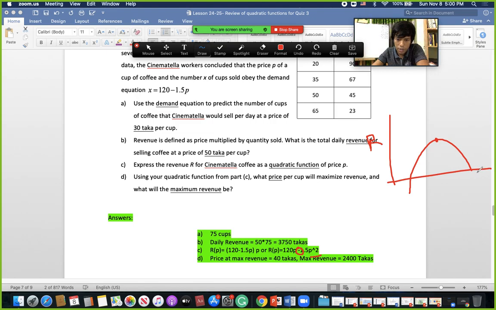This side will be the cups of coffee. So, the price at maximum revenue. What price per cup of coffee? So this side is price P. Price P is the x-axis. And if we find out the vertex,